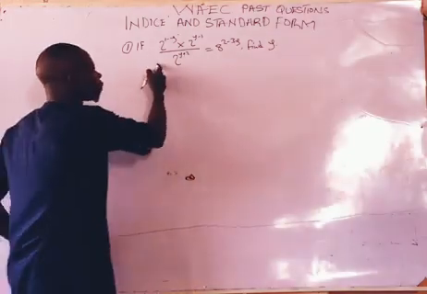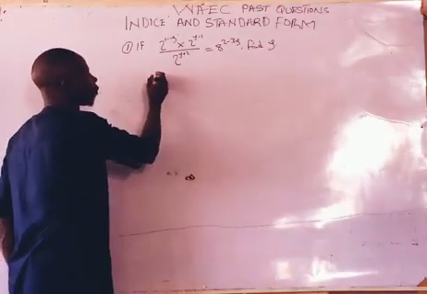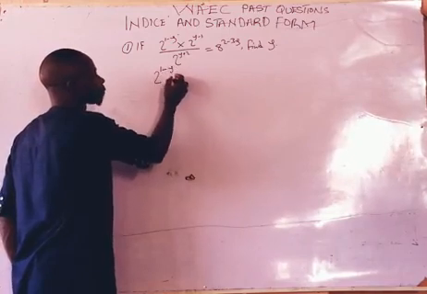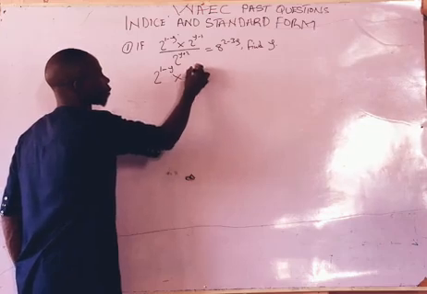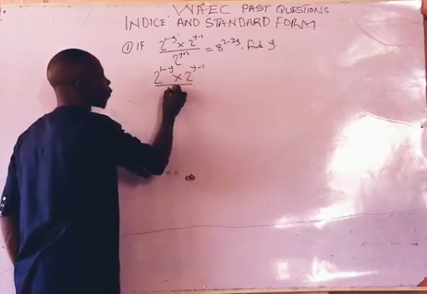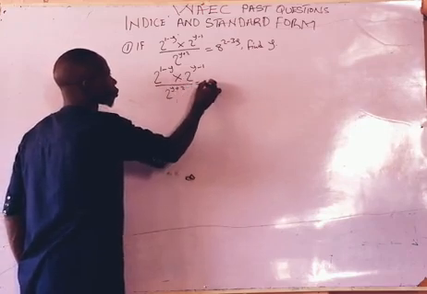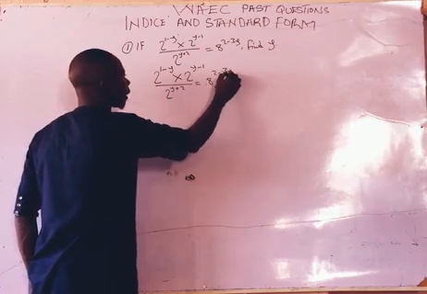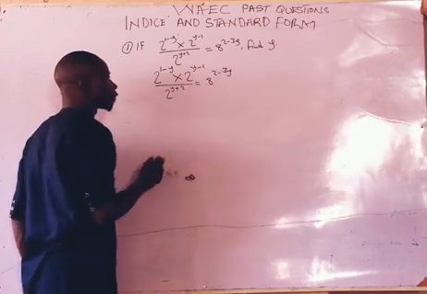To be able to solve this, first of all, this is 2 raised to the power of 1 minus y times 2 raised to the power of y minus 1 all over 2 raised to the power of y plus 2 equals 8 raised to the power of 2 minus 3y. So to solve this one,